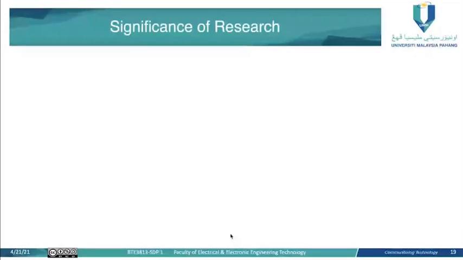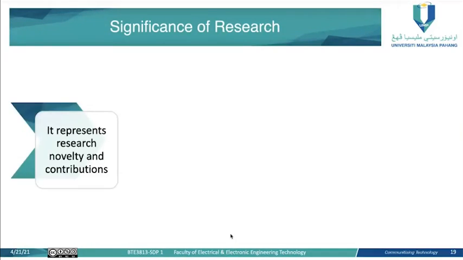This part, when you write your thesis later on, you are going to replace it. You can leave it as significance of research, or you can use another title like contribution of this study or contribution of the research. Contribution means what is the new thing that you develop, or the improved thing, or the enhancement that you propose or achieve from your system. Or here it represents the research novelty,